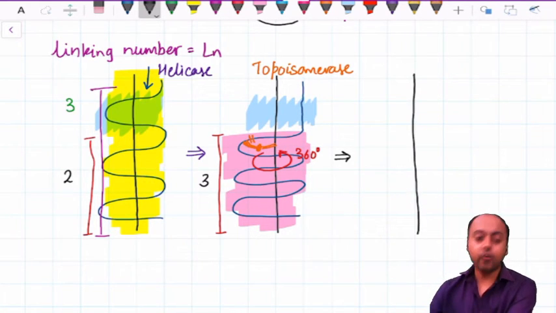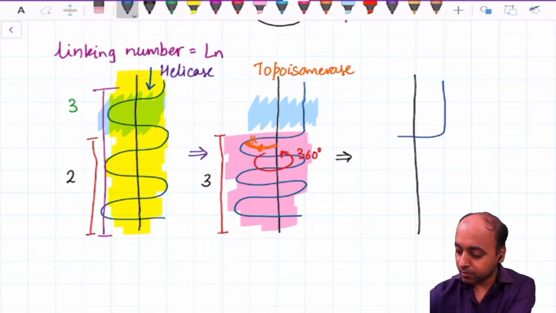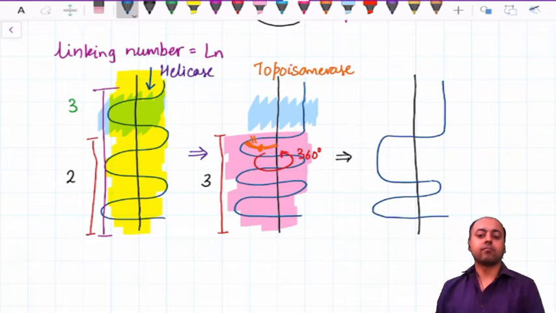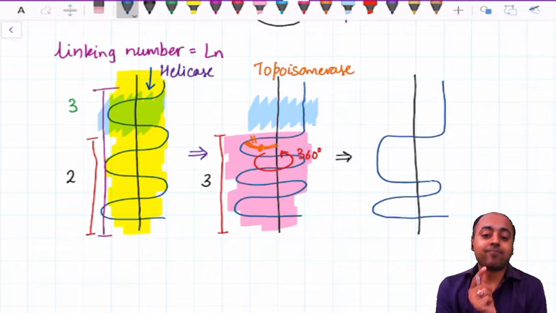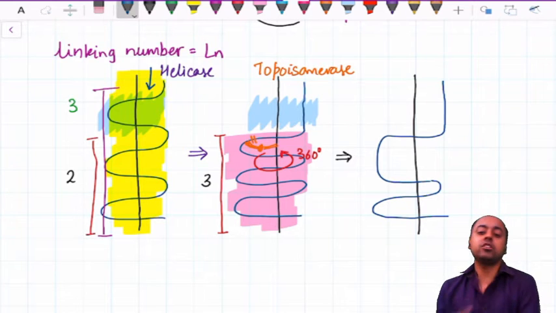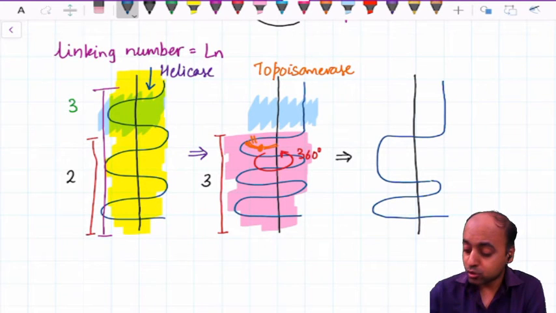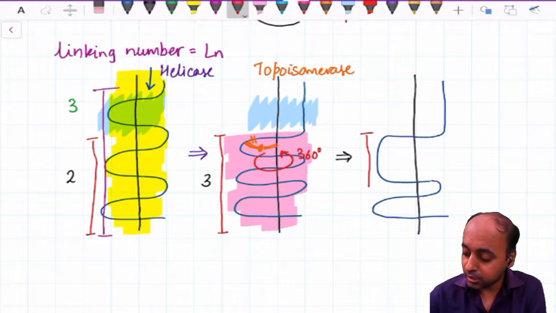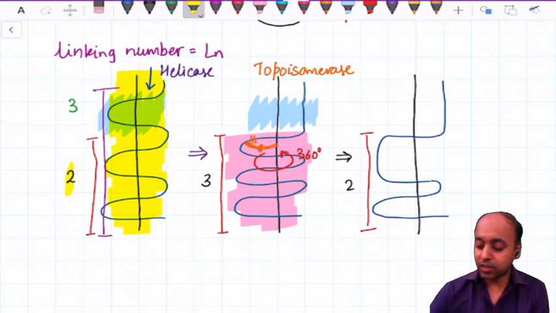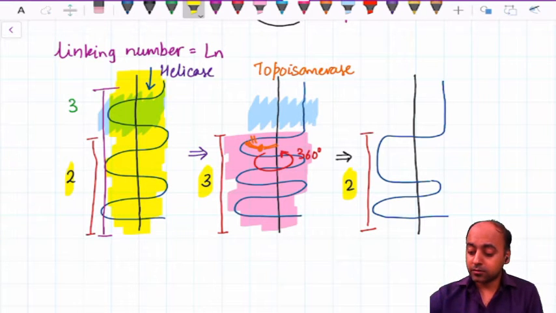Yeah, okay. And let's see what is happening with the topoisomerase action. We've completed one rotation. All right, so after one rotation, what happens? The unwinding of one coil occurs because that is the free end. From the free end we are doing the rotation, so one coil, one fold, one turn disappears, and after removing that turn we are rejoining the strand. So what you find now, the linking number in this area has been restored to 2. See, previously it was 2, then under the influence of helicase it became 3, and under the influence of topoisomerase it again became 2. So topoisomerase will remove